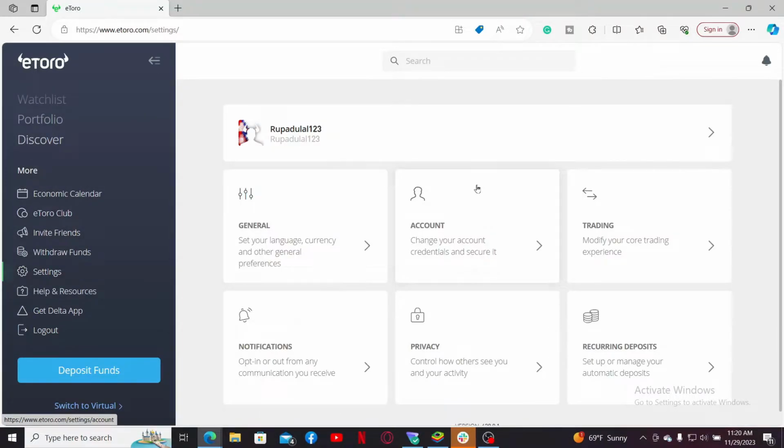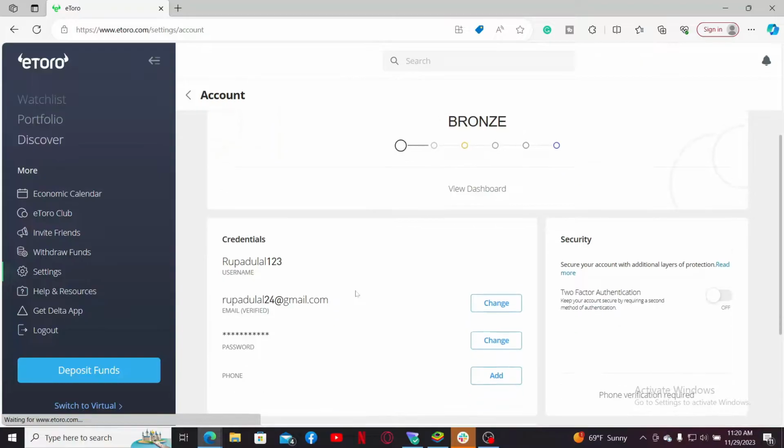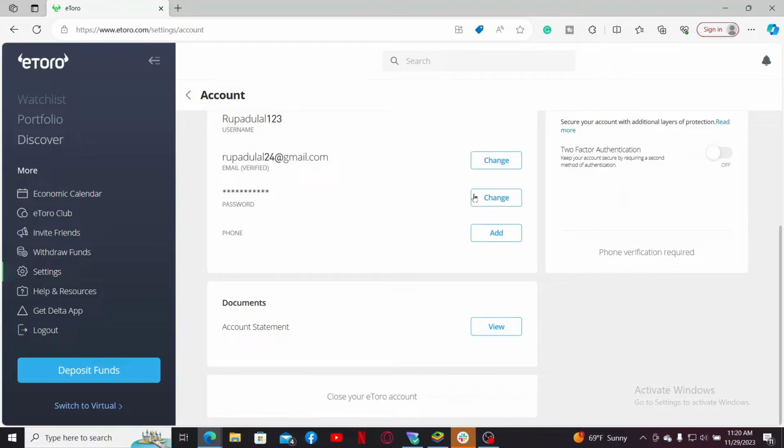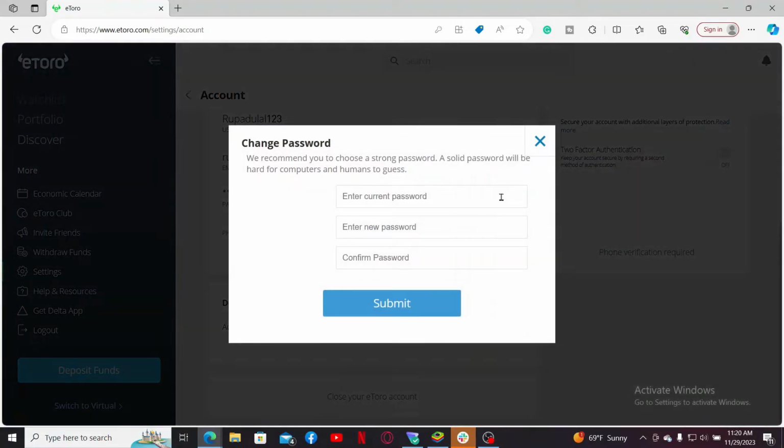Under the Settings menu, click on the Account tab. Scroll down from the Account tab and make sure you are inside the password text box. Click Change right next to Password and then enter the current password you are using for your eToro account in